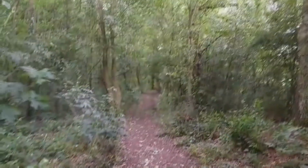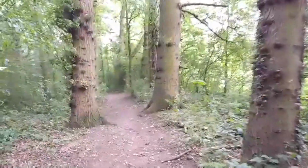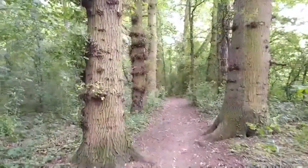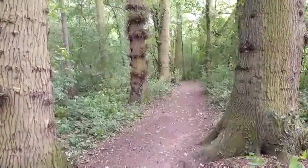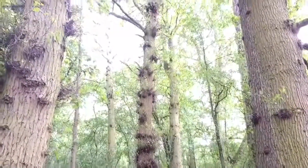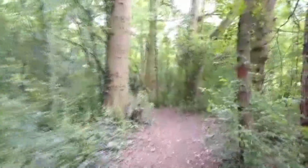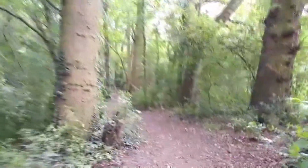And then we carry on. These trees, which I'm not very good at identifying apart from the obvious, are just very attractive in their own way, with the knots and the little mini growths on them. Again, if you imagine that we were doing this at night time, it would be pitch black and we couldn't see anything. I say that as the light that we have got today was not the light that I took the photographs in, because when I took the photos it was very overcast and it was full cloud. Today, wandering about the place, we can see it's dry, the path is well trodden, and then eventually we get